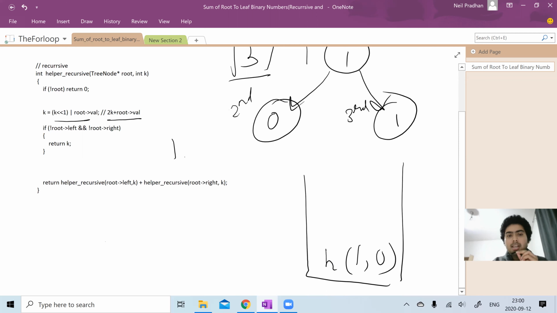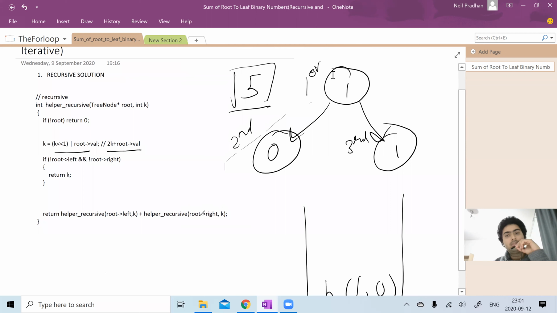If I write a binary number like this, 10000, then we are multiplying by 2 to the power 3, and that's the reason why we multiply by 2 as we go down, right? So that's clear. We multiply by 2 and add the value of the root, right?